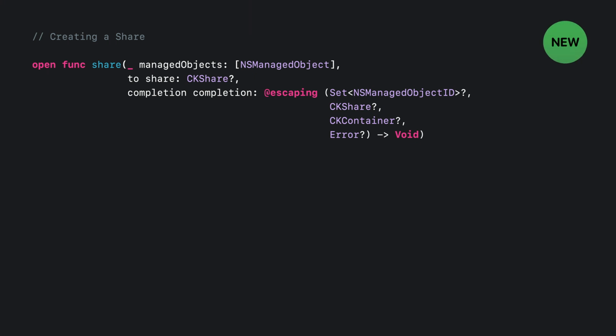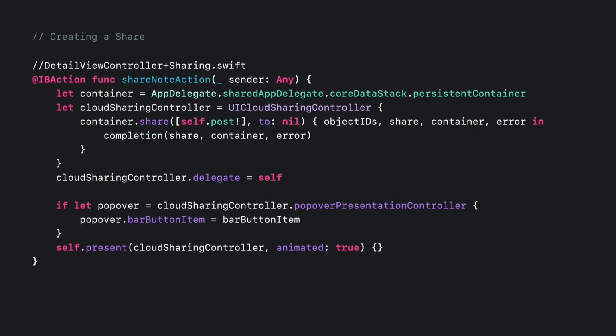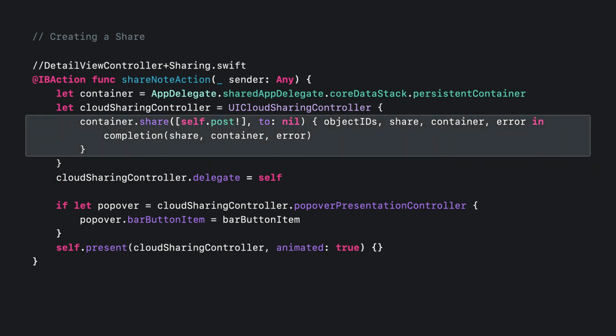I adopted a new method on NSPersistentCloudKitContainer to create the share. Share managed objects to share completion is a new method designed to pair directly with iCloud sharing controller. I simply added a button action to instantiate an instance of iCloud sharing controller. Share managed objects to share completion is meant to be invoked in the create share phase of iCloud sharing controller's